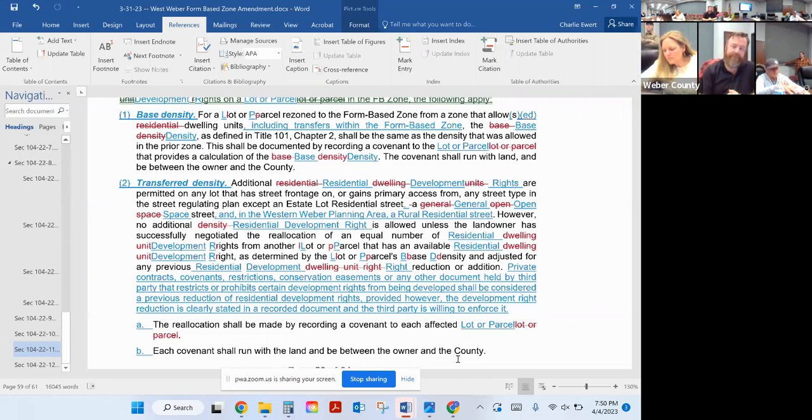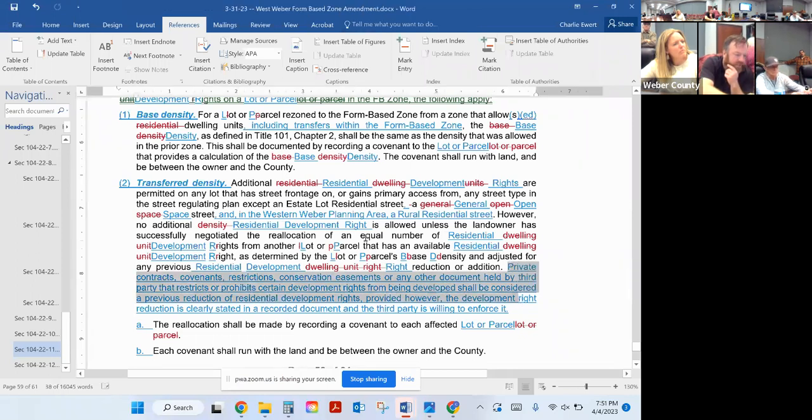And private developments under CCNRs would be different than conservation easements or other programs like that. Yeah, and a conservation easement, so I just kind of grouped it together so that we could say, if there is that restriction on those development rights, they just don't exist. And this last sentence that we added in, it's intended to